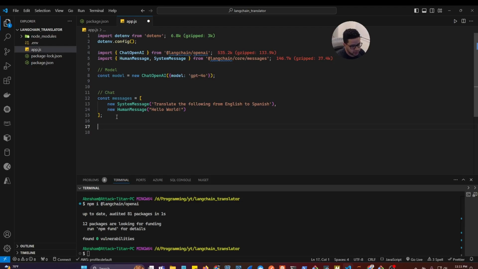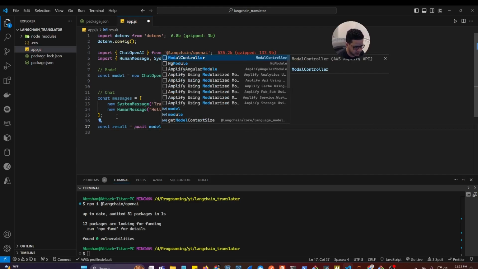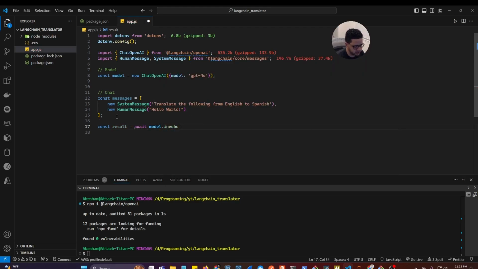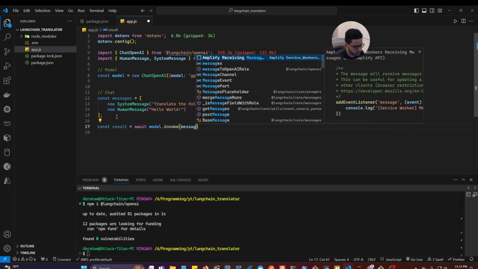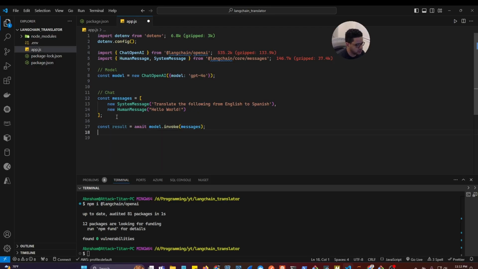And you can try different languages just to see and verify that it's working fine. So now that we have the model, and we have the messages or chat, we can call the model. So we can just say const results equals await model, and then we can invoke the model and pass our messages. Then we could console log the result,